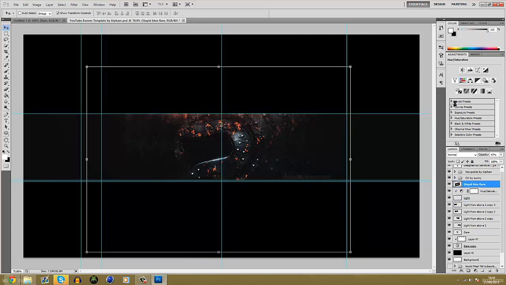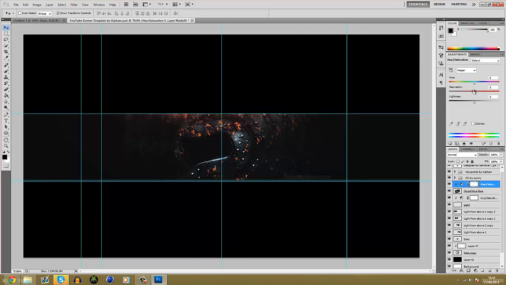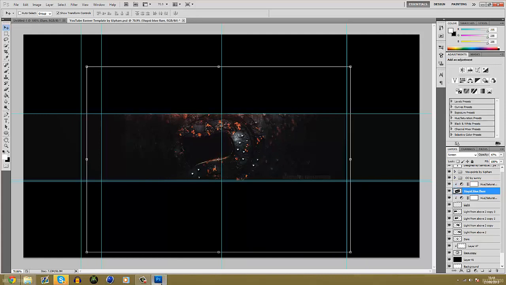Okay, and then I just get a hue and saturation again, create a clipping mask, saturate it out, and then just change the colour to a red. And then just change it to darker sort of red, so it looks like it's creating a sort of glow effect from the back, like so. Okay, and then